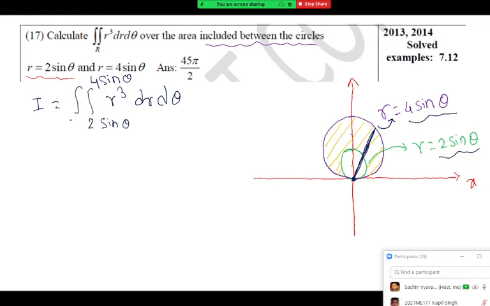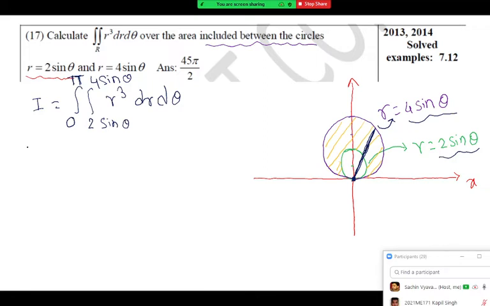So all thetas we always have to write in radians only. So don't write in degrees. Everything is in radians, so in terms of pi we should write. So these are the limits, and now the remaining part is straightforward. It is just a type 1 example where the limits of the double integral are given and we have to evaluate it.